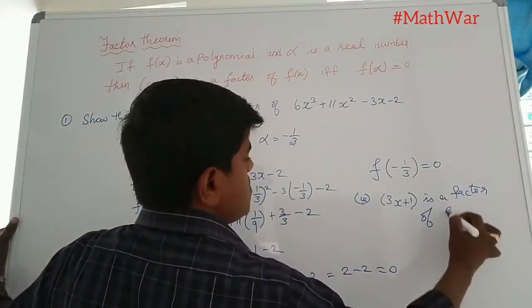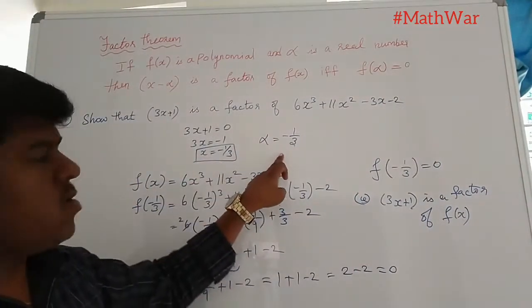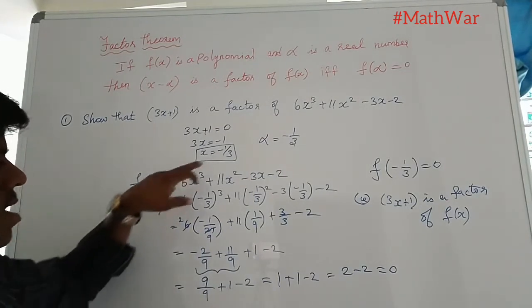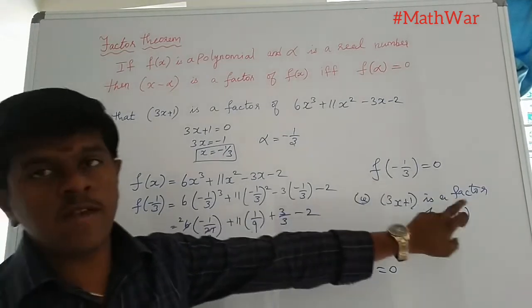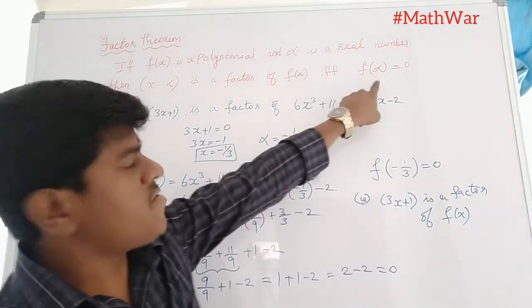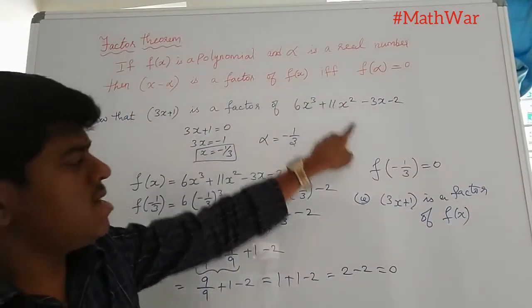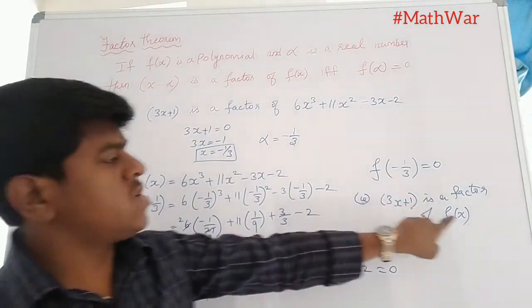of f of x. So you can see that first we found the alpha value. After that we substitute in the place of x as minus 1 by 3 and we got the answer as 0. That means f of minus 1 by 3 equal to 0, and if f of minus 1 by 3 equal to 0, f of alpha equal to 0 means x minus alpha is a factor of f of x. So here f of minus 1 by 3 equal to 0, therefore 3x plus 1 is a factor of f